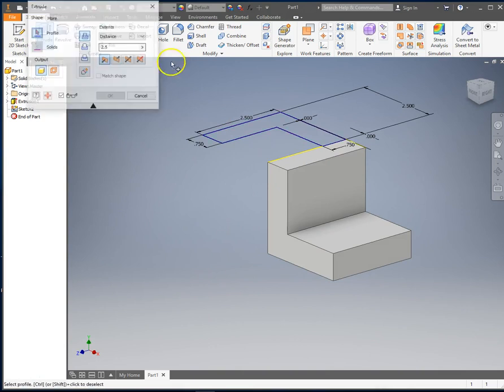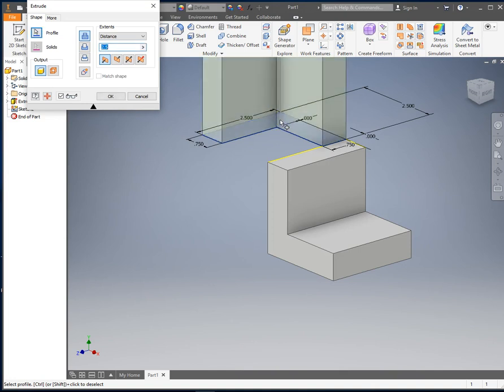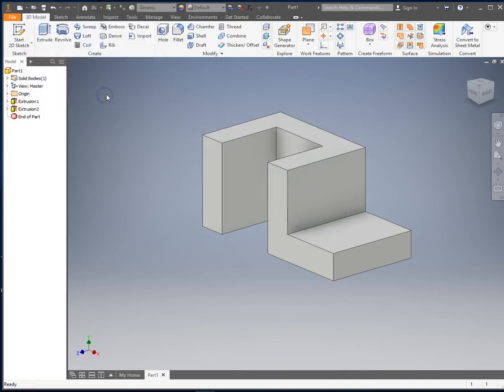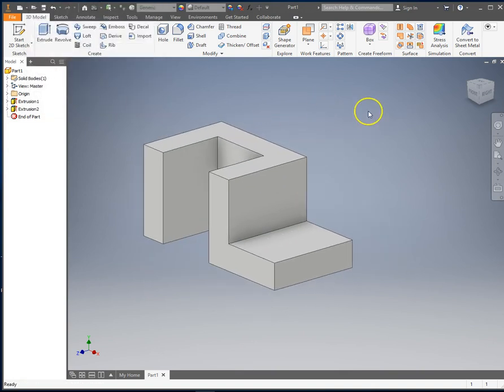I'm going to extrude to give that a thickness. See the difference between the grays? It changes the shade of gray once I choose the profile. I want it to go the other way. And I also want it to join, which is the default here, so it picked that. Click OK. And one thing that's brought out in the PowerPoint, and if your computer doesn't do this, you can see the setting,